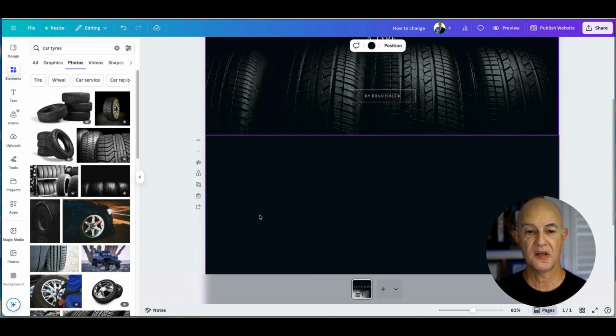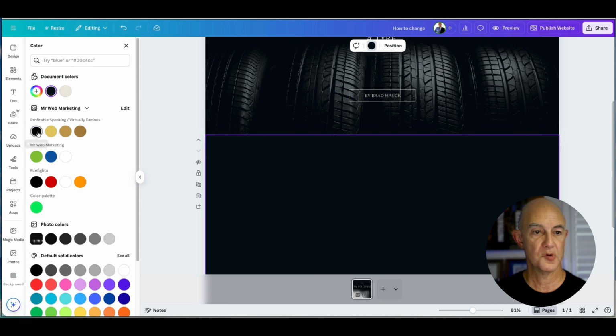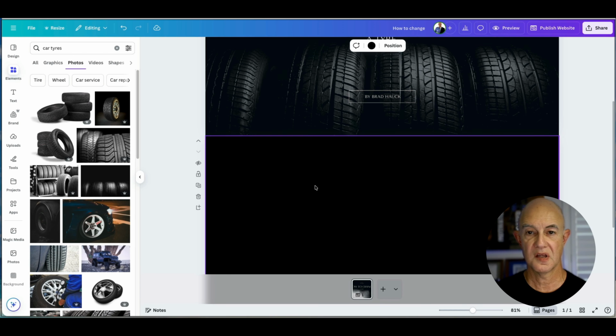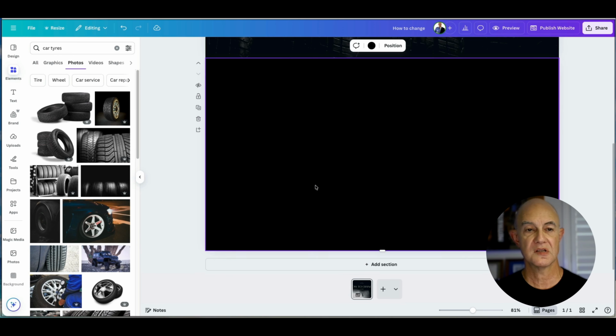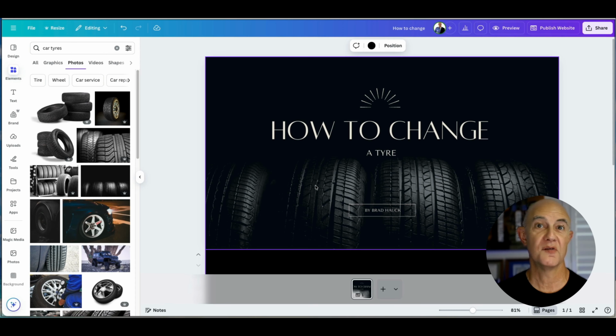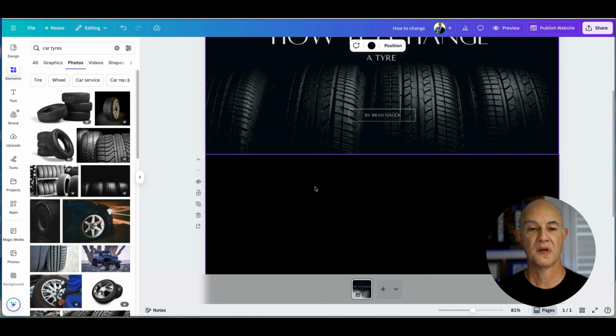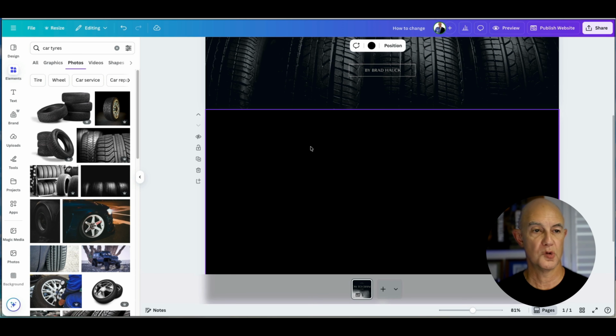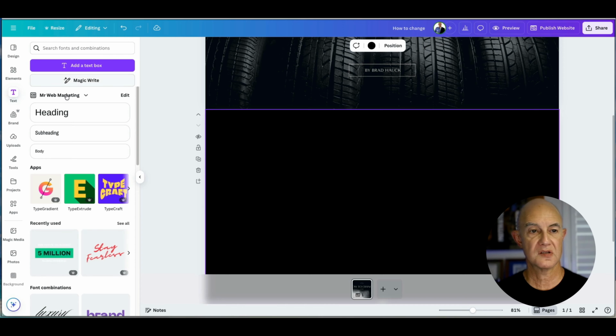Now this is black here. What I want to do is make sure that my background color is pure black. So I've chosen that now. I've got pure black. That matches in nicely. Now, of course, we need all our information. So I need a heading, and we'll just make this module 1. Okay, so I'm just going to go text, heading,